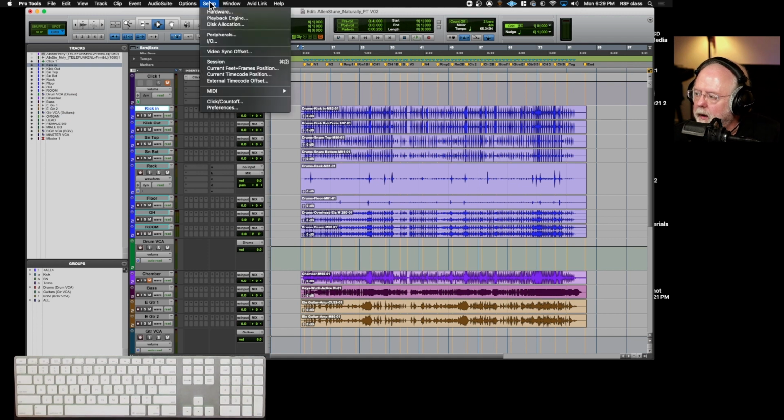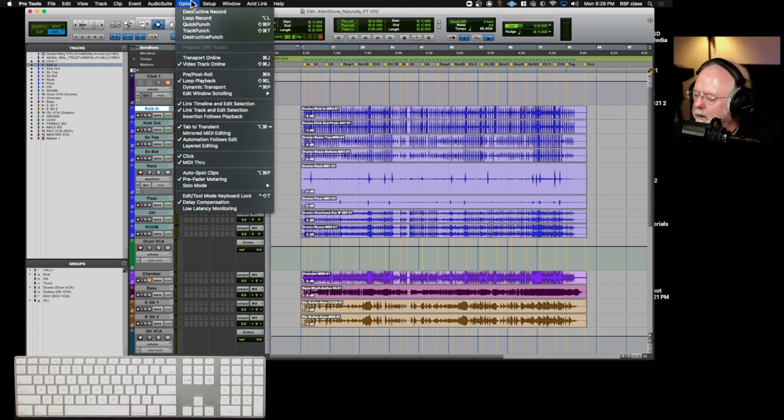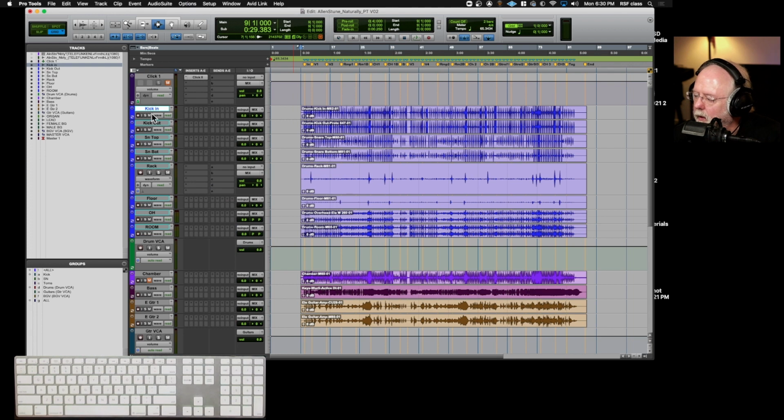If you go up to your options window and scroll down, you'll see there's a solo mode option. Normally it's in this latch mode, which means that you can solo many things at one time, right? You want it to be in solo in place. You don't want it to be AFL or PFL. You want solo in place. And you want to switch this latch mode to individual, which means whenever you solo one thing, if you solo something else, it cancels out. And you can go back and forth on this however you want, but for what I'm going to show you,